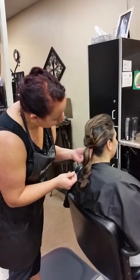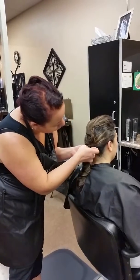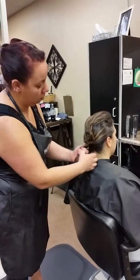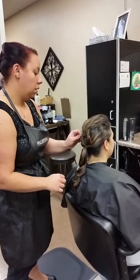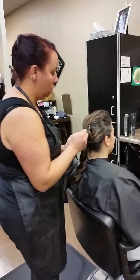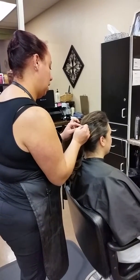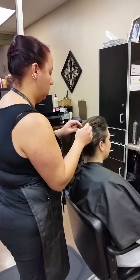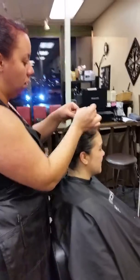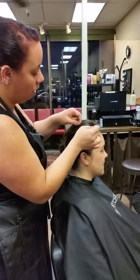I'm going to go ahead and take this little tail and just attach that underneath so that it looks like it seamlessly goes from the ruffle into our pony. I'm going to remove my hairpins. Gently. Now that they've helped me out,